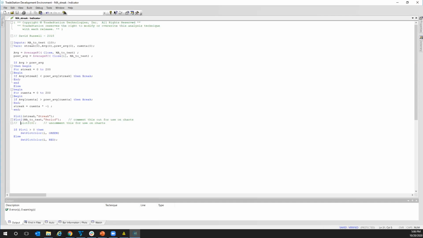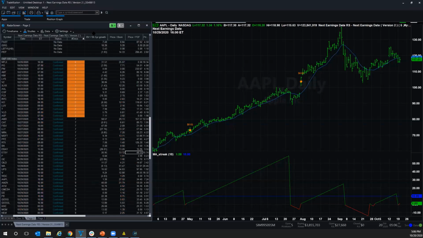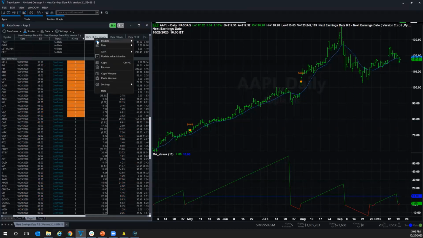Before I move forward, I did want to answer this question. Is there a way I can add float to RadarScreen? I know it's available in Scanner, but I could not find a way to add float to RadarScreen. Well, since you asked, I will show you. If we go back to these indicators that I had here, and you right-click, you go to Studies, Edit EasyLanguage,